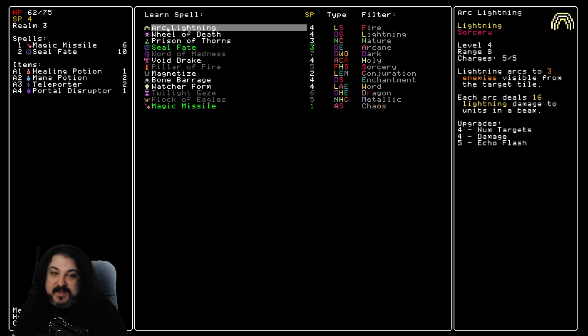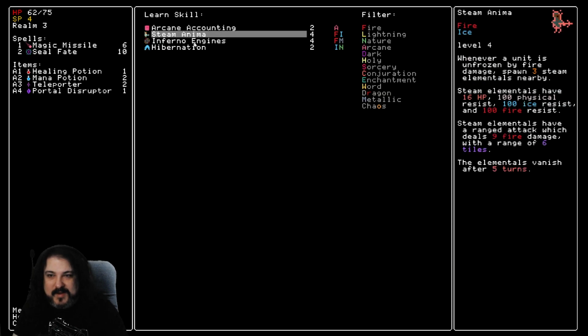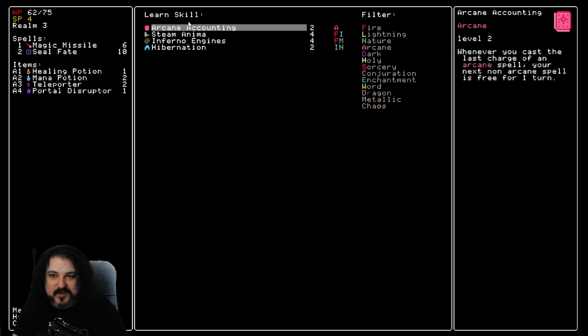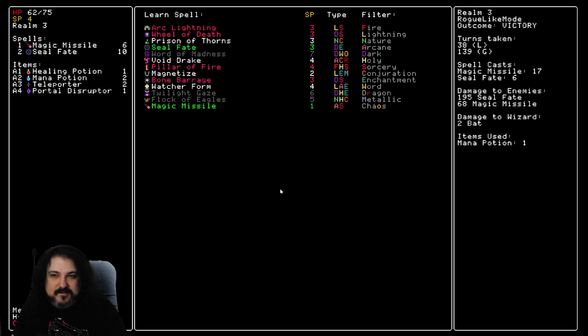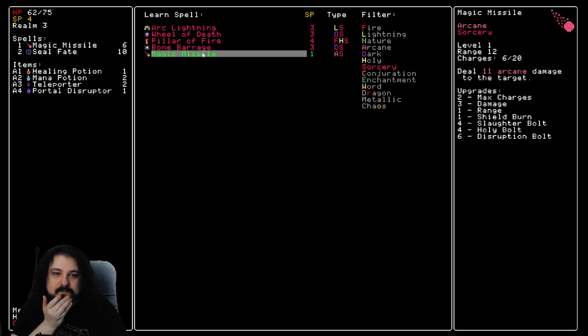I mean, I really like Arc Lightning. It's a very good spell. And it is a sorcery, which we can get nice and cheap here. Of course, Wheel of Death is just brokenly good. But we don't know if we're actually going to see the big combo with Wheel, which of course is Siphon Soul or whatever it's called. Soul Harvest? We